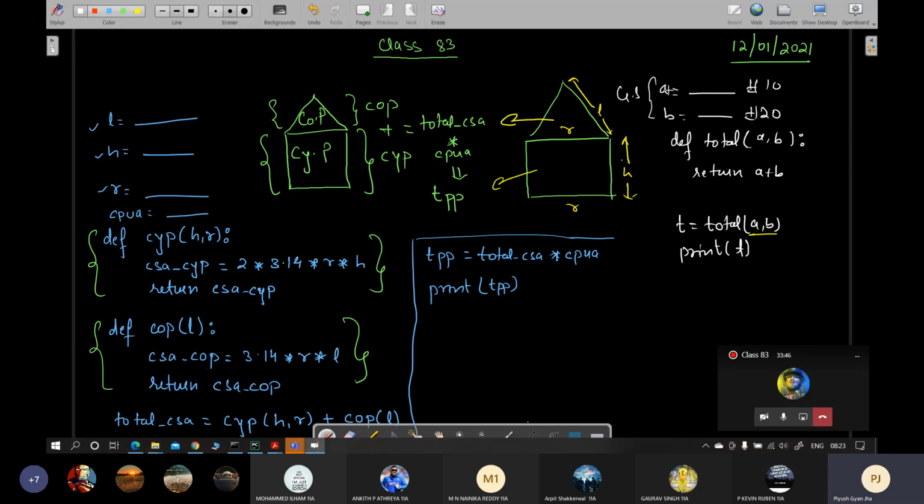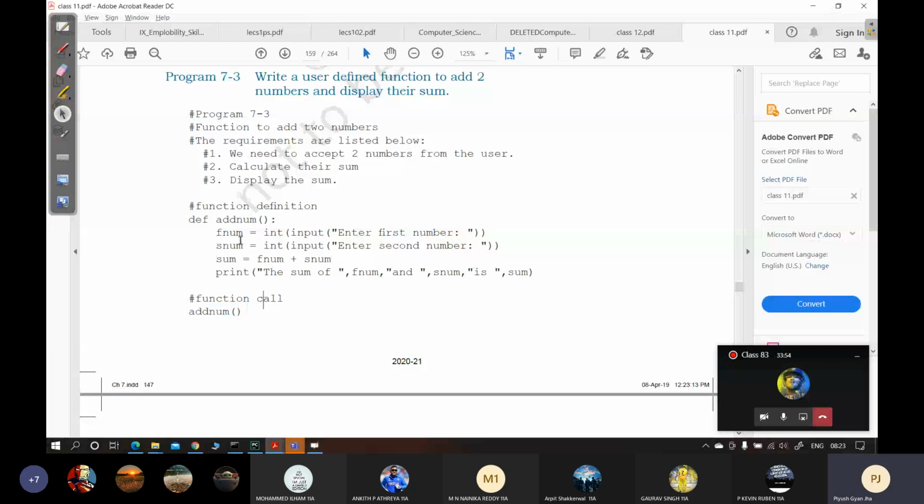I have taken two values outside in the user input and I'm passing them as the parameters here. What they are doing is they are instead calling the function and inside the block of the function only they are asking the values for a and b, that is two values जिसका sum निकालना है.